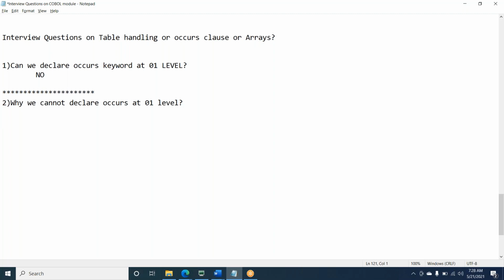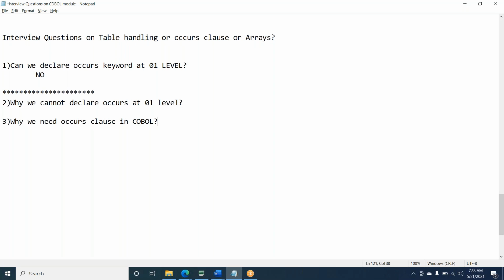Then, this is a very basic question. Why we need OCCURS clause in COBOL? Sai Kiran, go ahead.